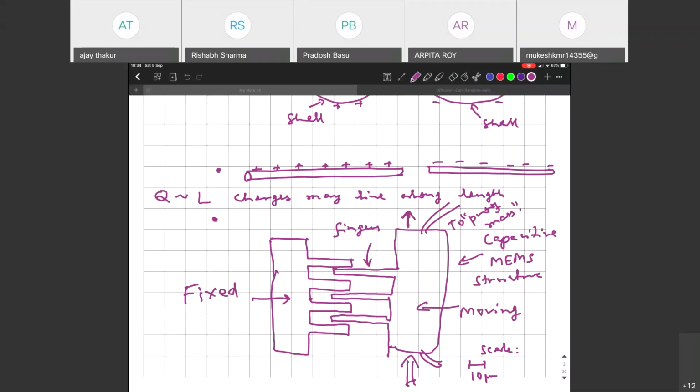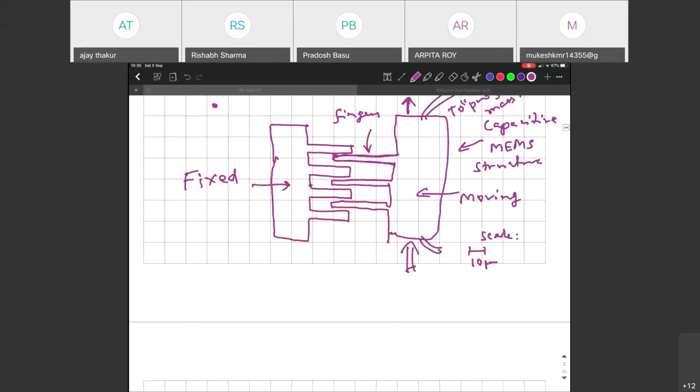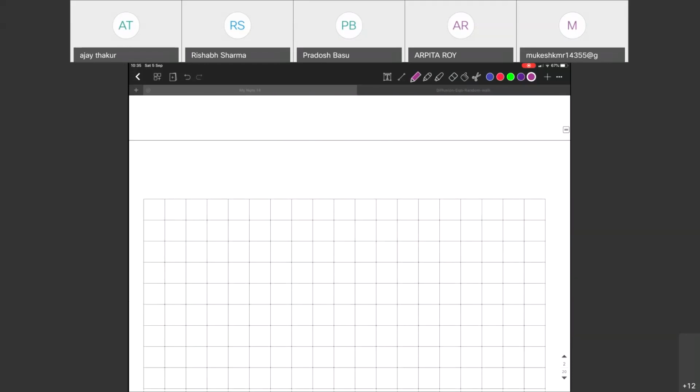So in that situation, what will happen is the capacitance between these fingers will change, and that would be sensed. And that will tell us how much was the displacement, how much was the acceleration, and how much was the jerk, the third derivative of displacement. So based on that, the electronics calculates. So in this case, the charges are going to be distributed on the surface here. And the relevant scaling law would be L square rather than the volume, like for charge, Q will go as L square. Okay, so depending on these charges, you may have different types of variation. Is that clear?